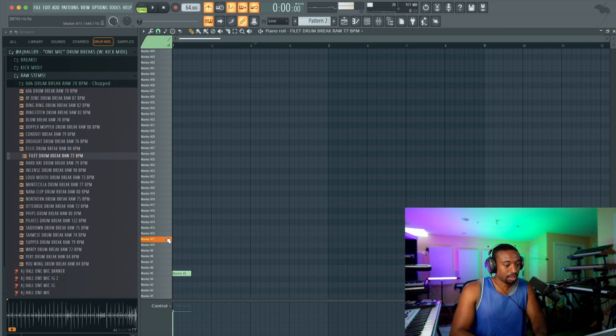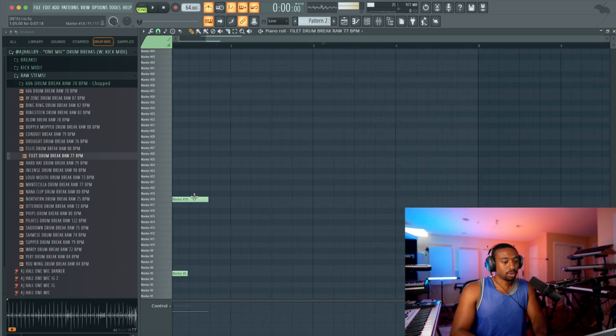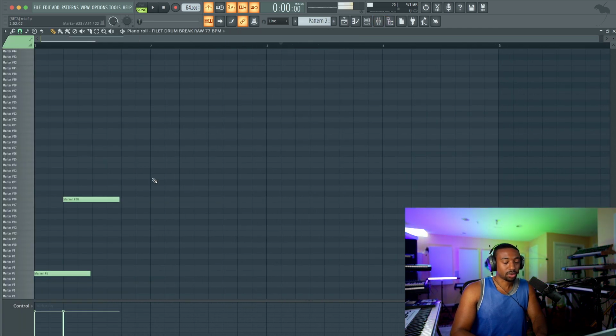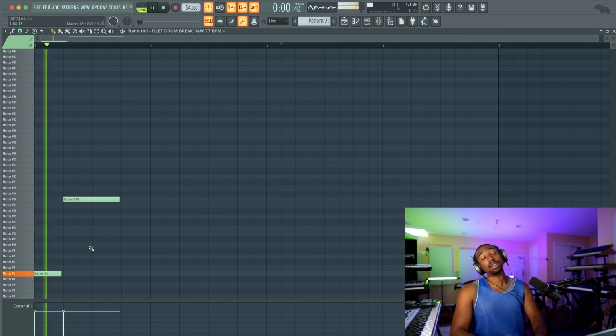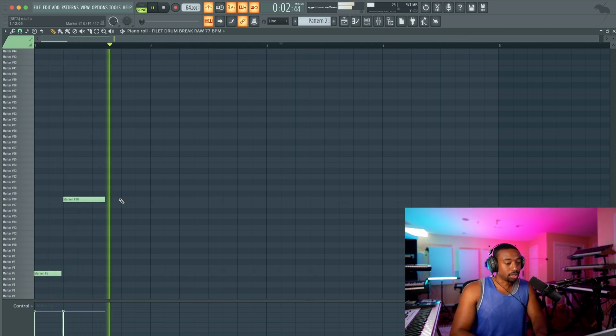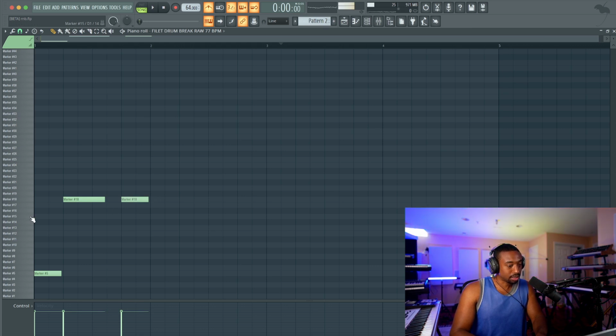If I could find a hi-hat. Okay, so here's the snare. So we're at 64 BPM. We're going to put the snare on the 2 and the 4. 1, 2, well, it's such a slow BPM. 1, 2, 3, 4. Okay, so we still need the hi-hat. Okay, here's one.